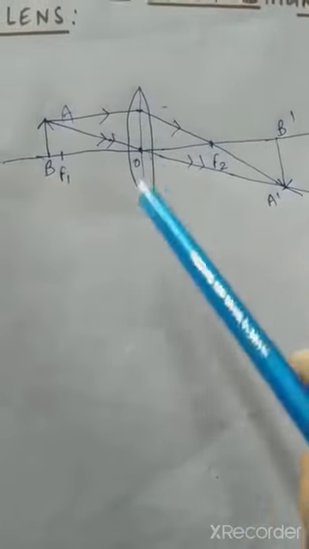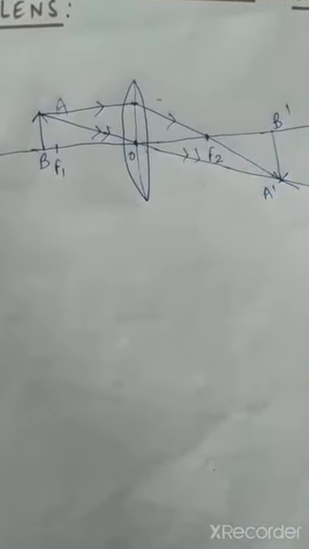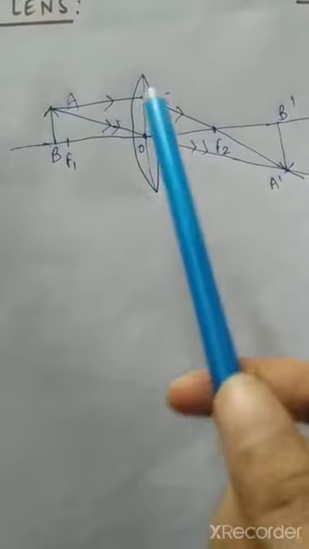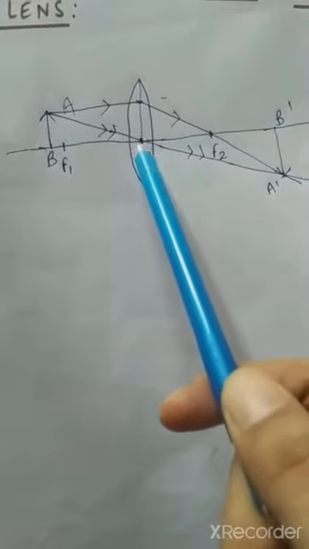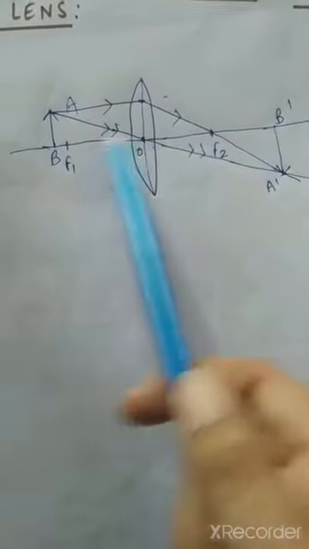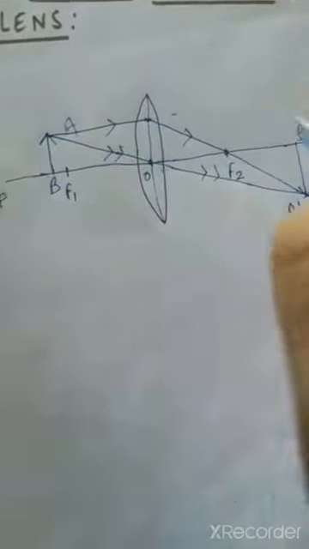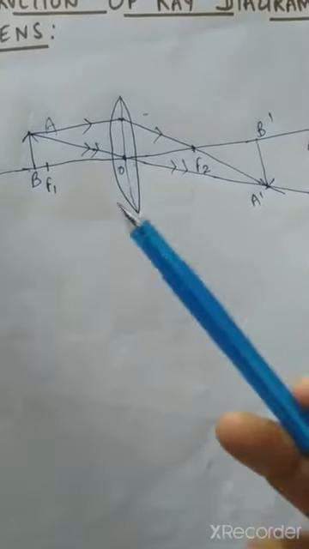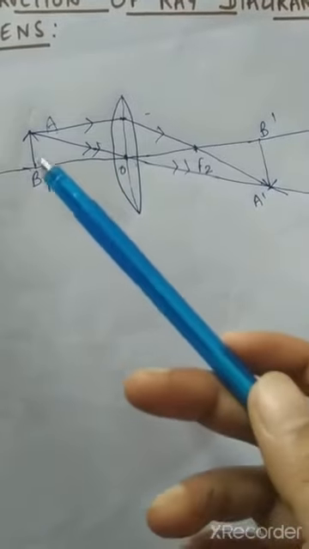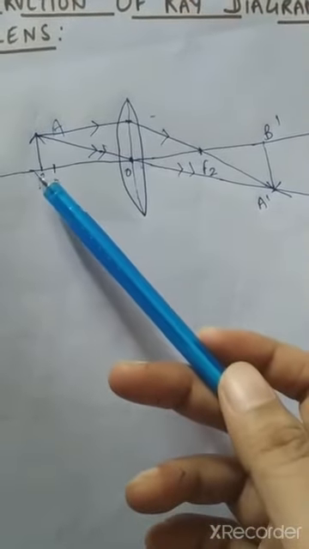This is the convex lens, and these are just the general steps I am telling you to use. First, you have to draw a lens, then take the middle point of it, and draw a line which is your principal axis. You can also give a name to the principal axis, not required very much, but you can, like PQ, XY, whatever you want. Then in the question the position of the object will be given. So take an object and draw it on the principal axis.